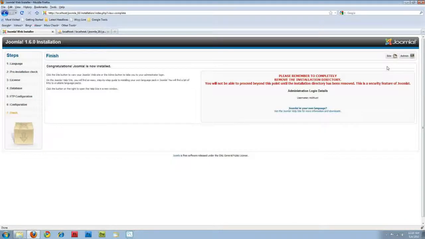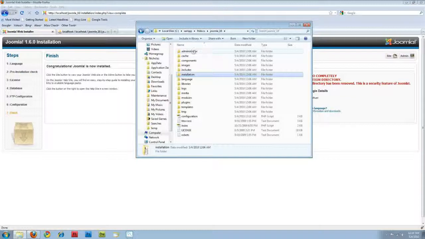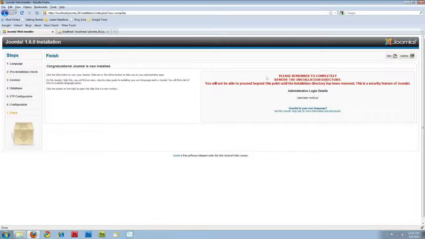Just hit next, and you'll notice there's a message here. Please remember to completely remove the installation directory. All you do for that is you go to your folder structure, click on that installation directory, and because I'm on the page, I think I'm actually going to have an issue. With 1.6, I do believe that you can go straight to the site without removing this, but definitely